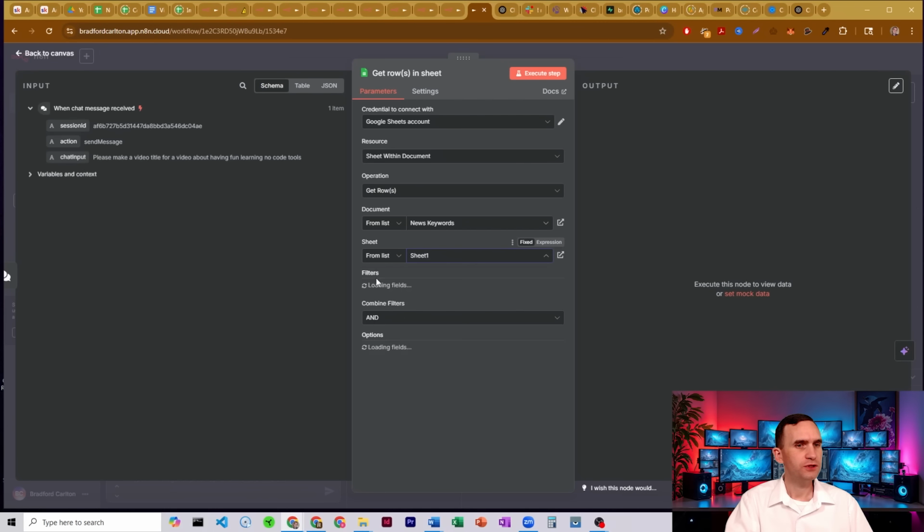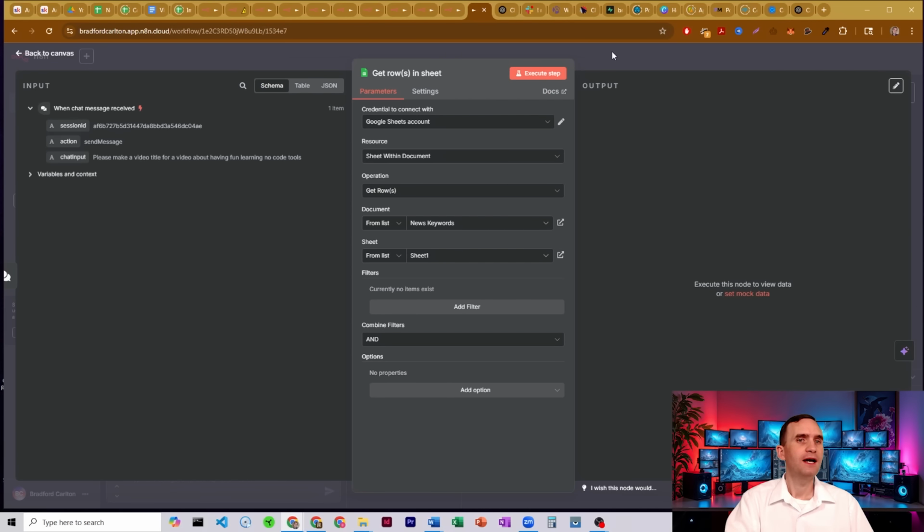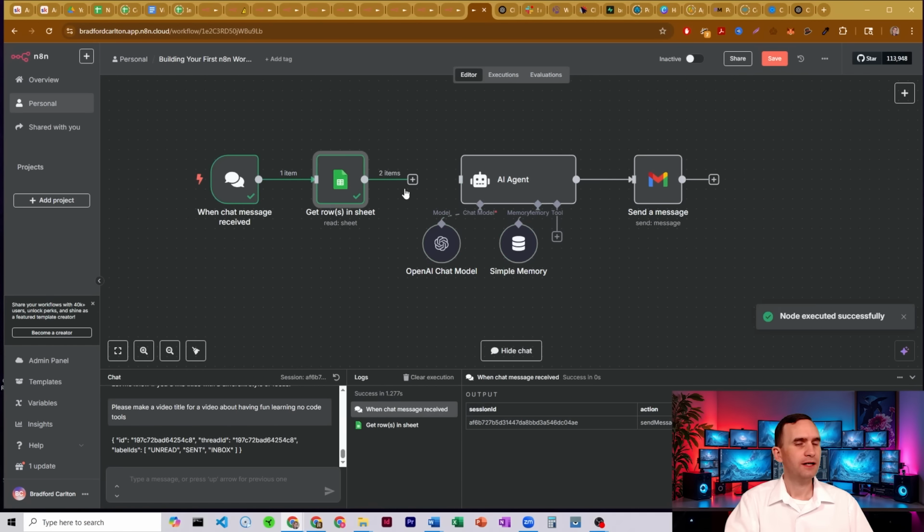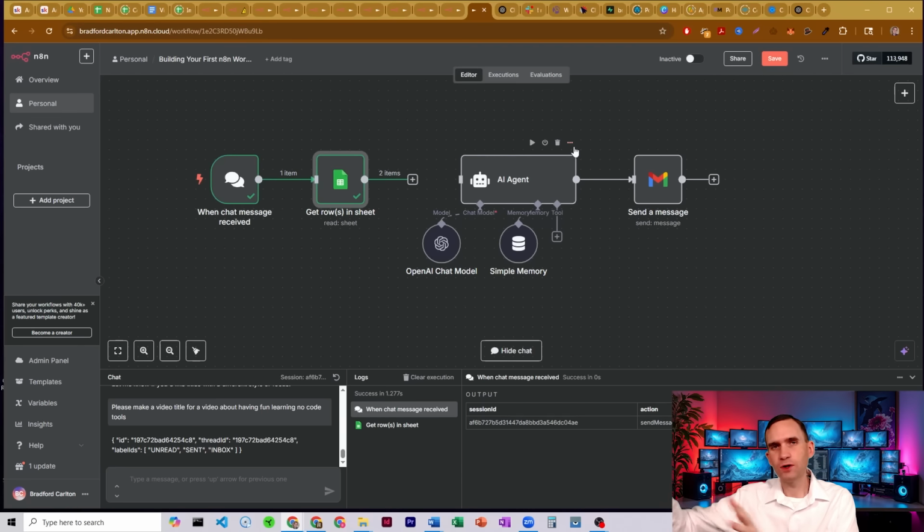Okay, so sheet 1. And what we're going to do is now I've selected a document. I selected the sheet from the Google Sheets document that I want. And I can set filters if I want, but I'm not going to because there's only 2 items. And so you notice it's not hooked up to anything else. That's fine. Let's go ahead and test it and see. Okay, we got 2 items out. So what that means is moving forward, everything that's in my bot, except for maybe a code node or a merge node, aggregate nodes, some other kind of more advanced nodes,